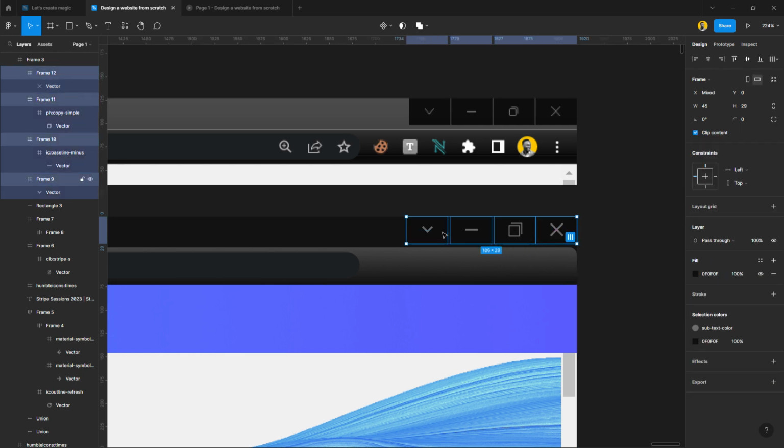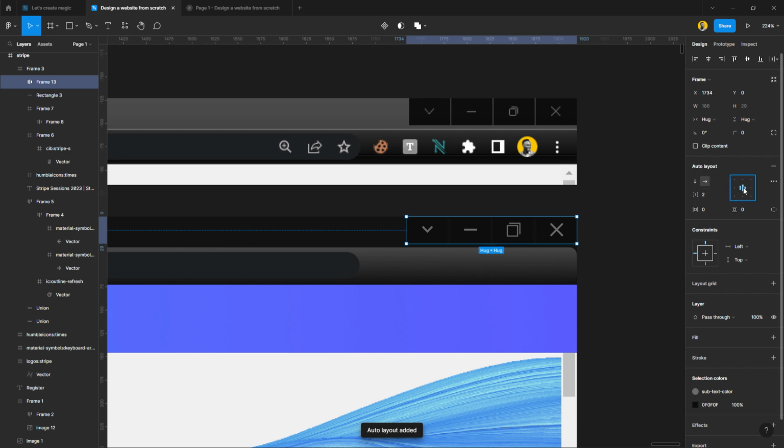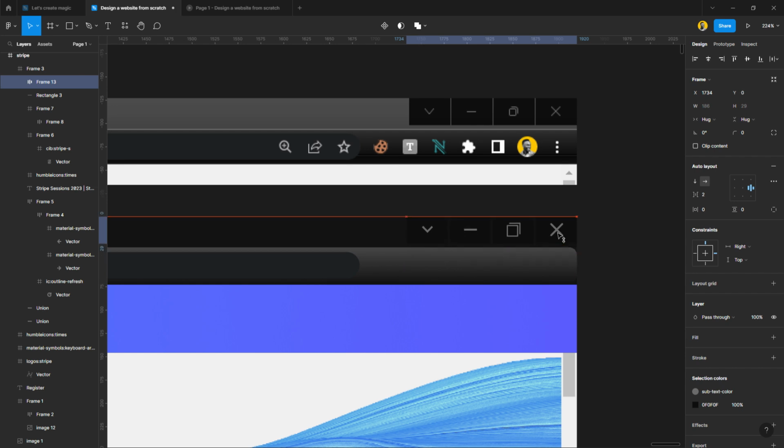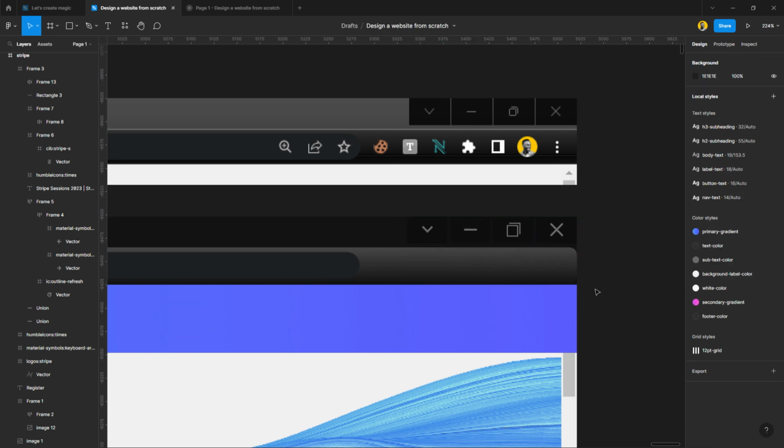Select all of them, put them in auto layout, constrain to the end, then we can extend it by 2. Select this, lock it to the end. Sorry. Right. We can now move this upward,